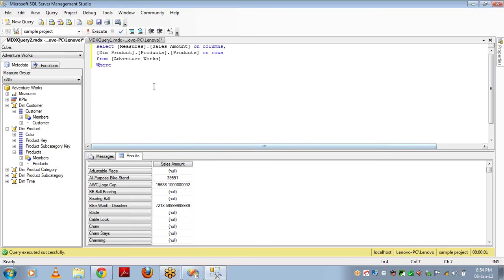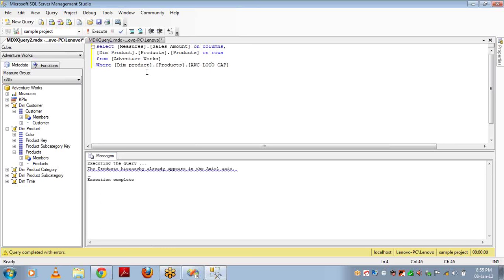How to give the where condition? In the same way, what member you want to see. The member that I want to see here is in the product dimension and the products hierarchy, and what's my member, that is AWC logo cap. Okay, if I run this query, it is going to throw an error.